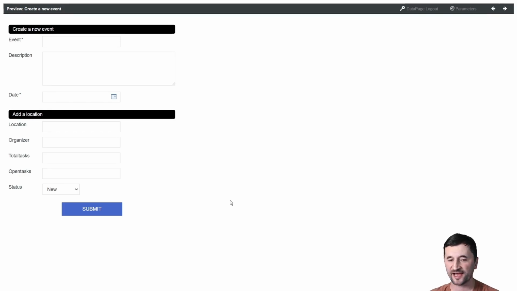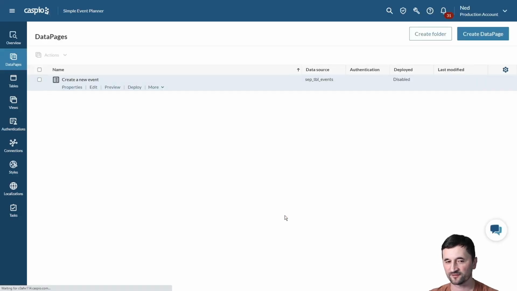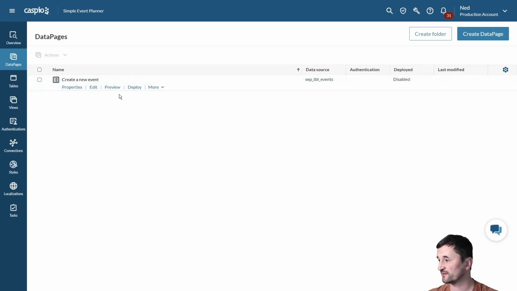Okay, now let's say we're happy with the way the form looks. We want to publish this form to the web. Let me go back to Caspio. All right, so say you're really excited about the form. You can click finish to save your changes. And here's our very first data page that we created. We can edit the form. We can preview the form once again, but if I'm ready to deploy the form, I click on this link,